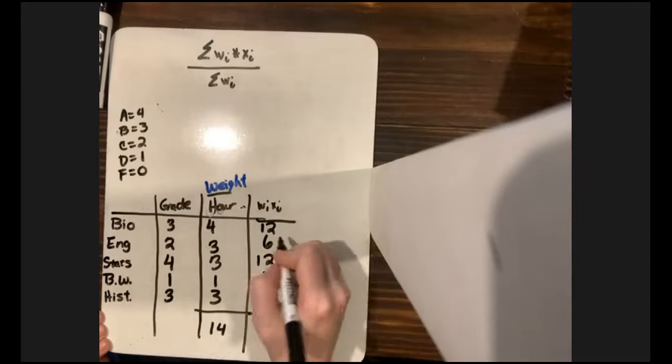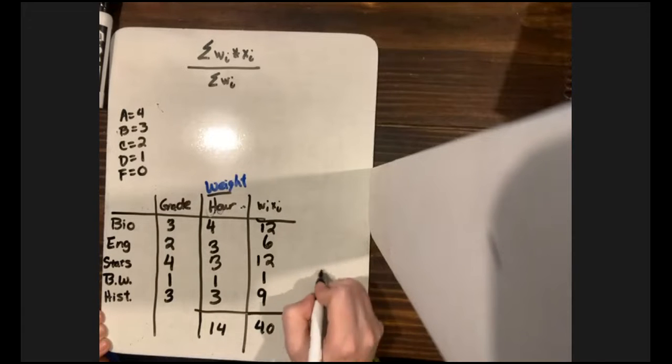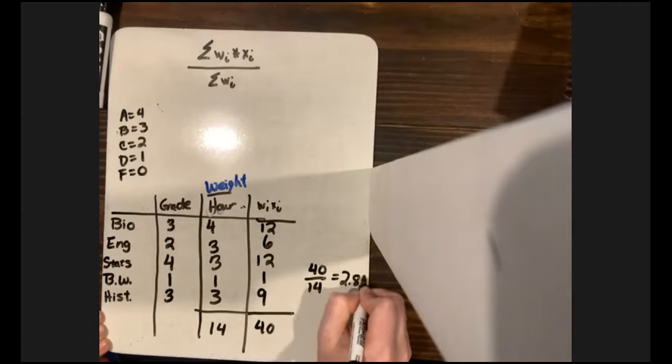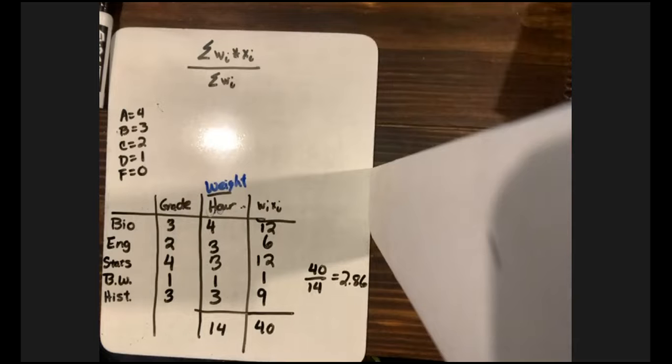So now we're going to do our WI-XI thing. So that's going to be 3 times 4 is 12. 2 times 3 is 6. 4 times 3 is 12. 1 times 1 is 1. And 3 times 3 is 9. We're going to add that up. 24, 40. And then we've got 40 divided by 14 gives us a 2.86. And with GPAs, we do normally round to 2 decimal places. They may still preface to do a third decimal place or another value, but the general rule is 2,